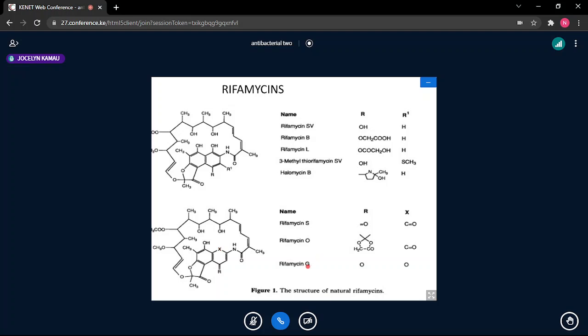We are not going to deal with rifamycin D. So those are some of the naturally occurring rifamycins: A, B, and we have looked at SV, B, S, and O. We also see the others as we go along. You can have this group here as a quinone, and you can have it as a phenyl group. When it's a quinone, you have a double bond there, and when it is a normal phenyl ring, you have that as a hydroxyl group. Again, these are the naturally occurring